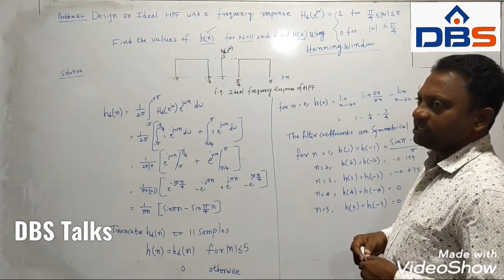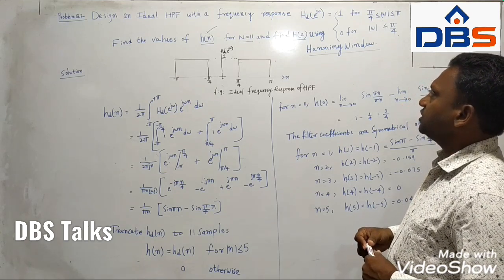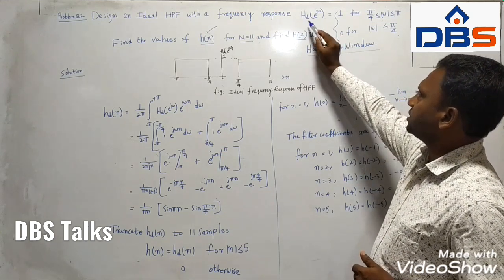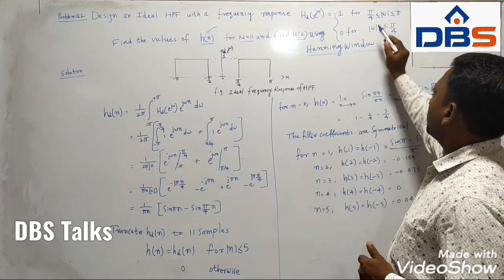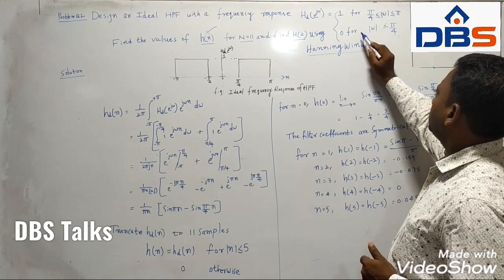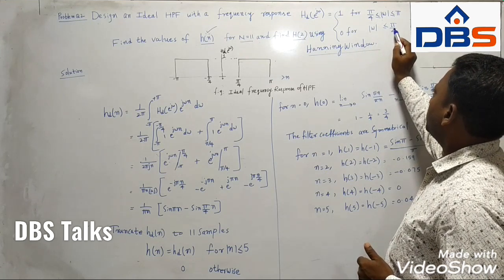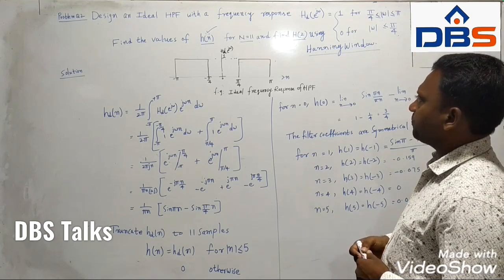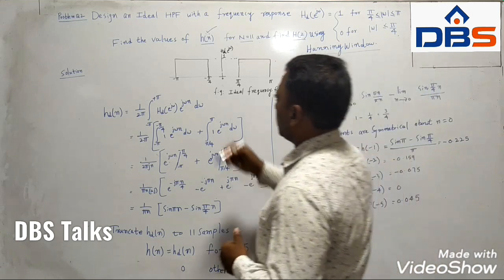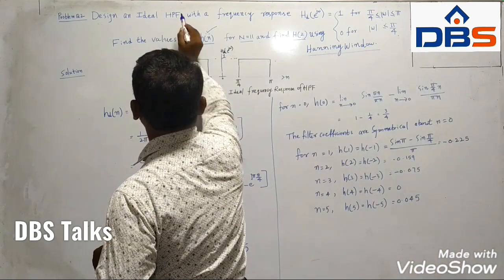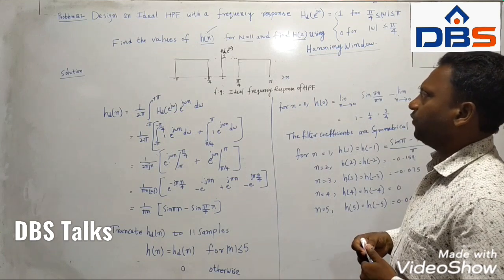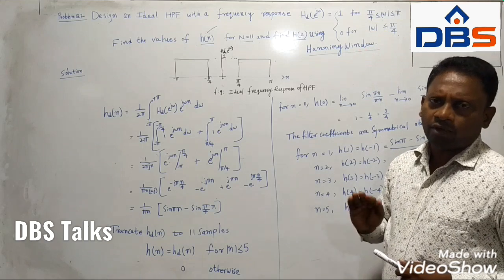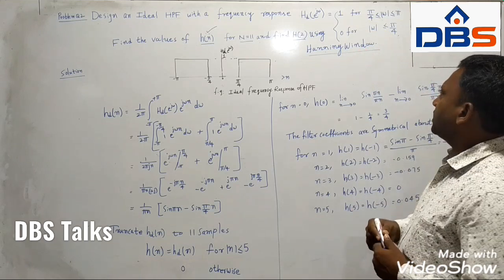So design an ideal high pass filter with a desired frequency response HD of e power j omega, which is 1 from pi by 4 to pi and 0 between minus pi by 4 and pi by 4. What you have to understand is that sometimes you may not be given the word high pass, they will just say design an ideal filter. So by seeing these characteristics of HD of e power j omega, we have to understand that it is a high pass filter, because